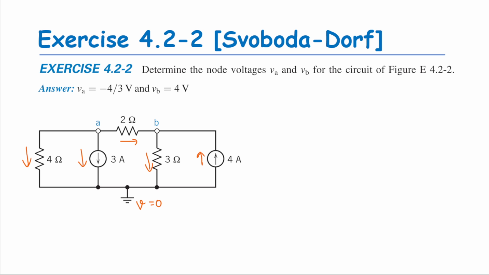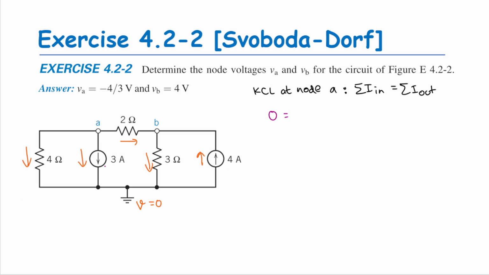Okay. Now let's start by using KCL at node A. KCL said that the sum of the currents that go in is equal to the sum of the currents that go out. So we will have this formula here. And then let's see at node A, I think all the currents are going out, so we just put 0 as the current that goes in. So we'll have 0 here.